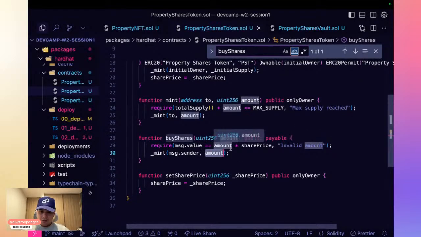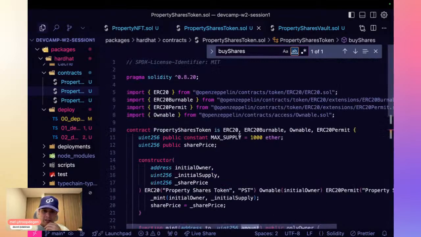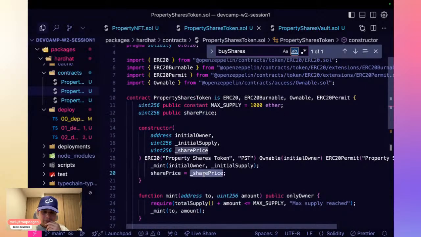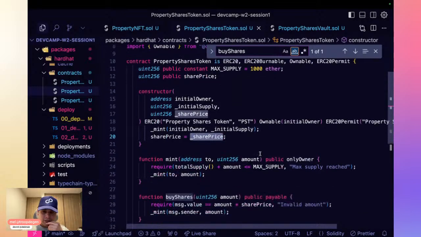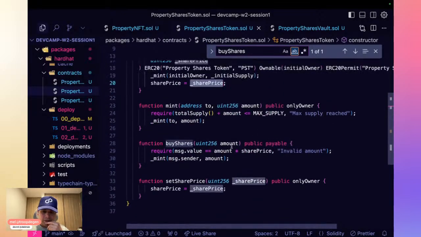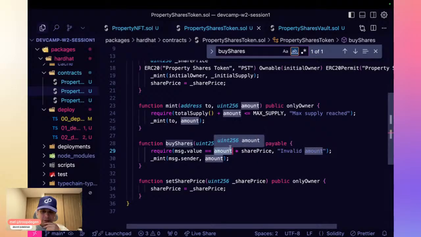This is what I don't like. So the share price, that one is 1 ETH, because it parses 1 ETH. So the amount, the message value, if it's only... Yeah, because you cannot multiply.